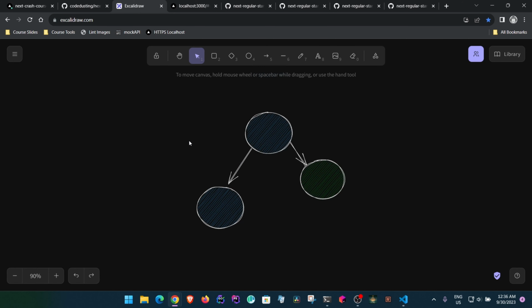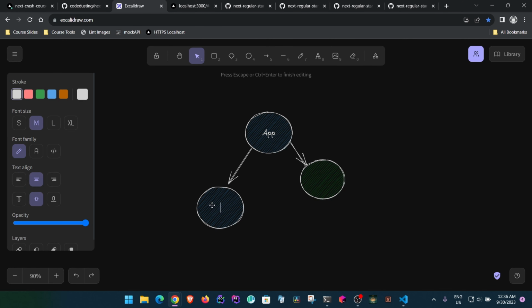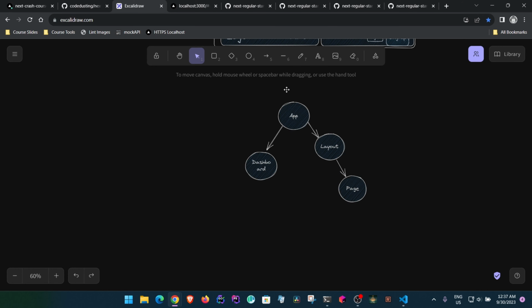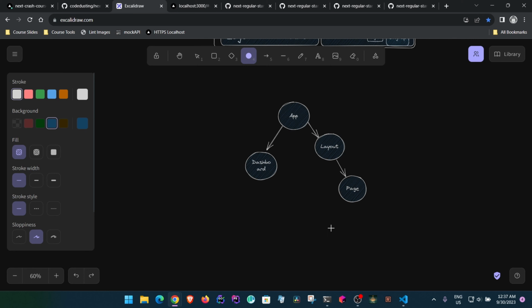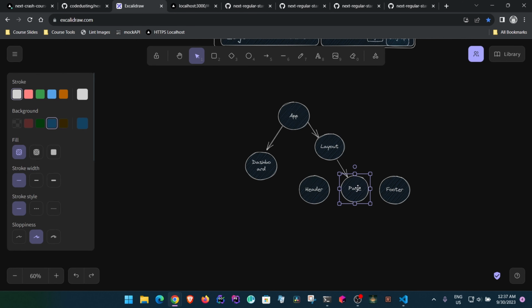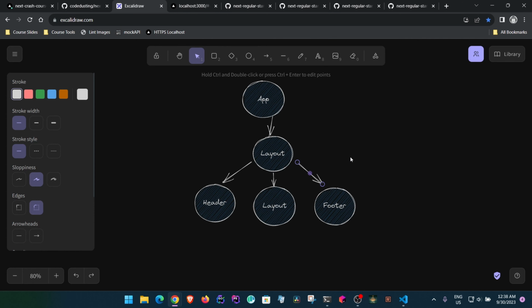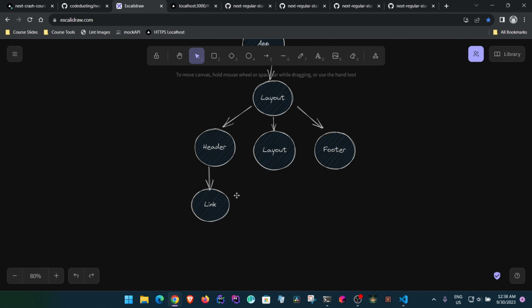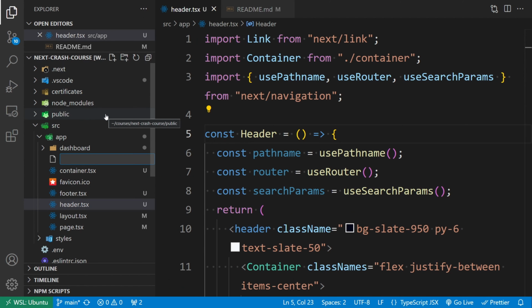For our case, we have something called app, and then within that we have something called say dashboard, and this is also our layout. Now this layout has three elements, which is header, footer, and we will have a layout. Then the header has say a link. What we want is this link to be a client component. Let's go back here, client